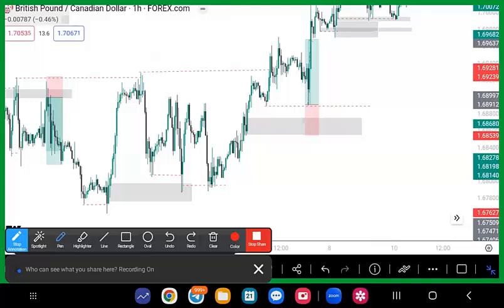Now, once this break of structure happened, pulled back, did this, and took off. So this whole area, price had left that area. Now, there are ways to know if price leaves an area, and because it struggled a lot here, once it finally broke past it,